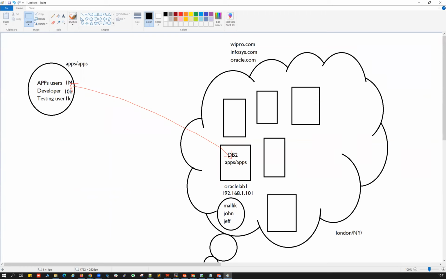And there's one more database. Let's say here in this server, this is your lab2 server, the dev database is running. Here it's your lab3, here your prod database is running. Your developers or the apps users or the testing users should know which database they're connecting to, DB2 or dev database or prod database. They should know the name of the database. And they should also know on which server it is running, whether it's running on lab1 or lab2 or lab3. That's the other thing they should know.